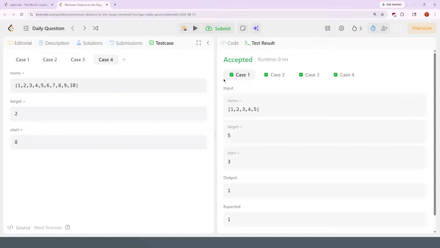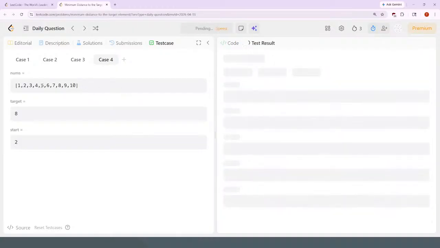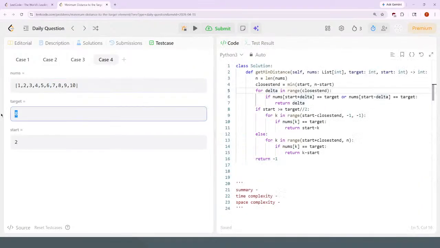Okay, I think I need to try something closer. Let's actually try starting 8, target 8, starting at 2. I probably also need to test if it's right next to the middle. Well, if it's next to the middle, then it's not that hard actually. So maybe